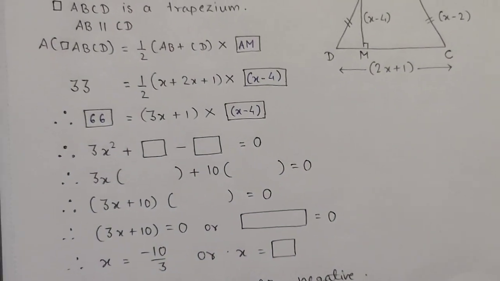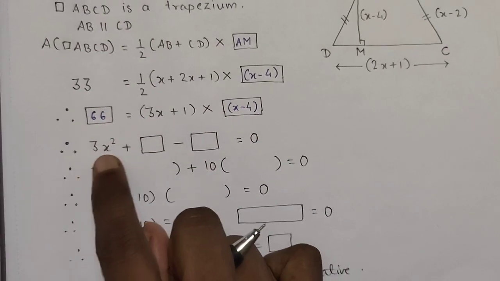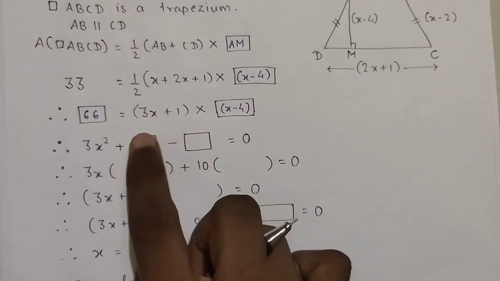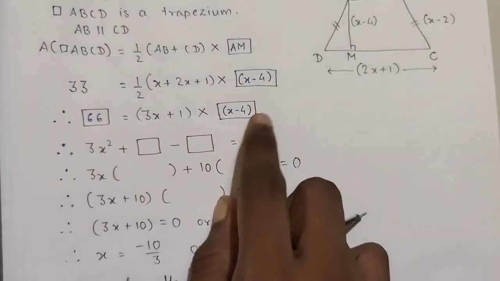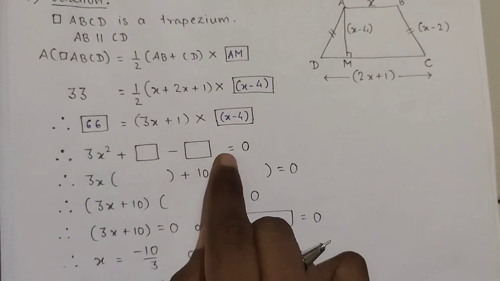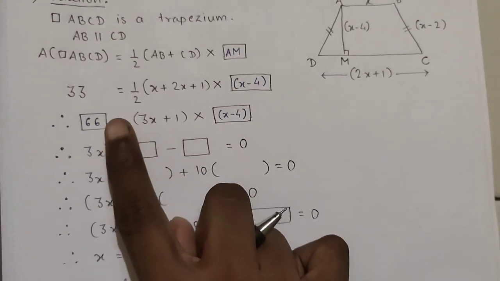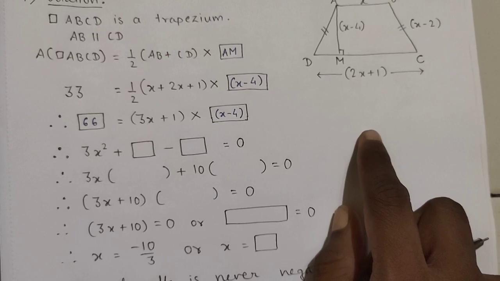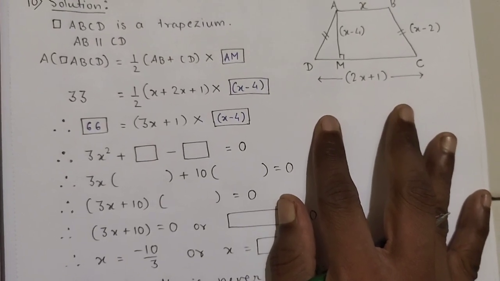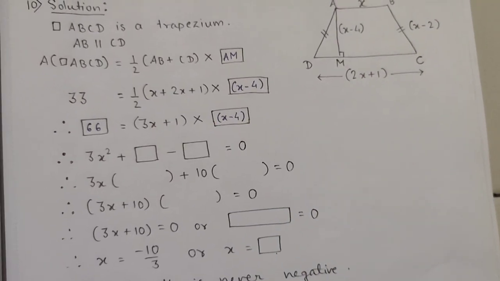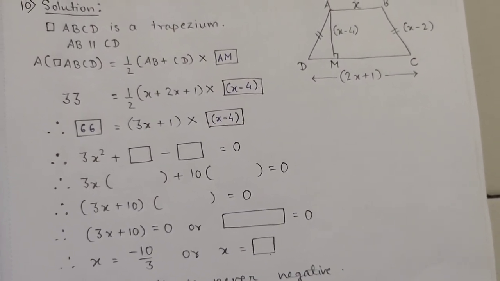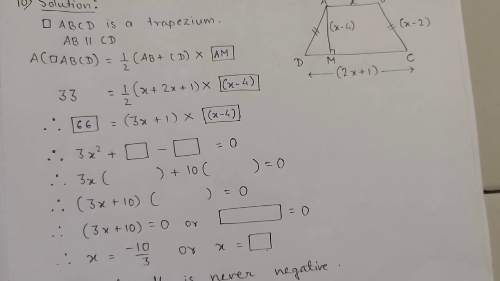Okay, now after this you can see here already quadratic equation is being made. So what you are going to do, you are going to solve and simplify this equation to make it quadratic. So I am going to simplify this here, but this step you are not going to show in the fair book. This is rough work. Okay, so I am doing that rough work here for your understanding. Okay, so let us do that.